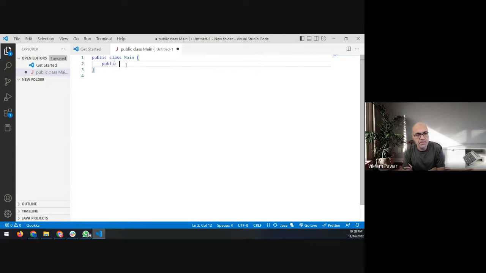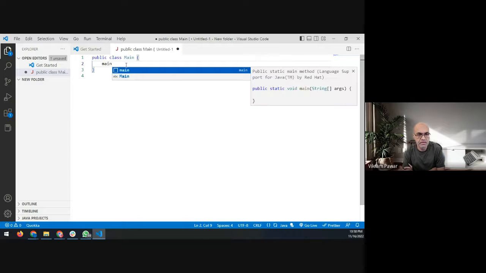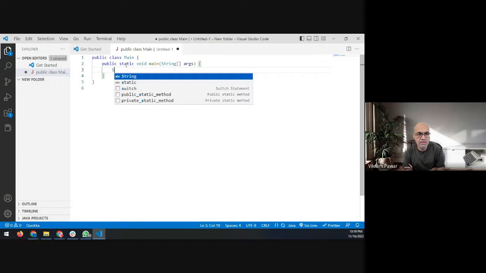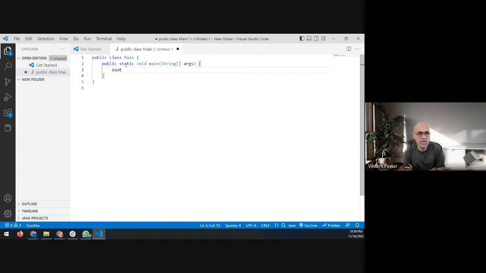No, just type main. Remove that. Just type main, Control space, Enter. And then type sout, Control space. It's still doing it. Okay, type it out: System.out.println.